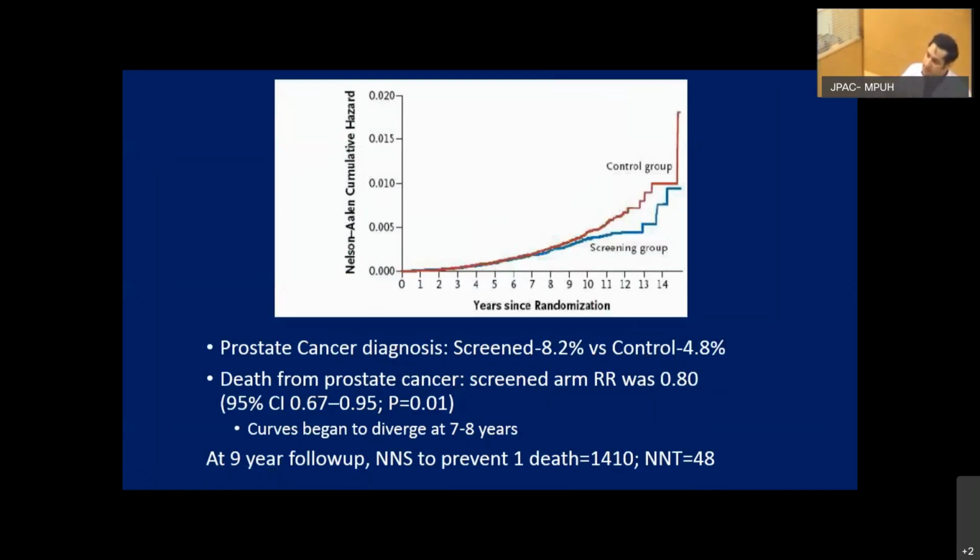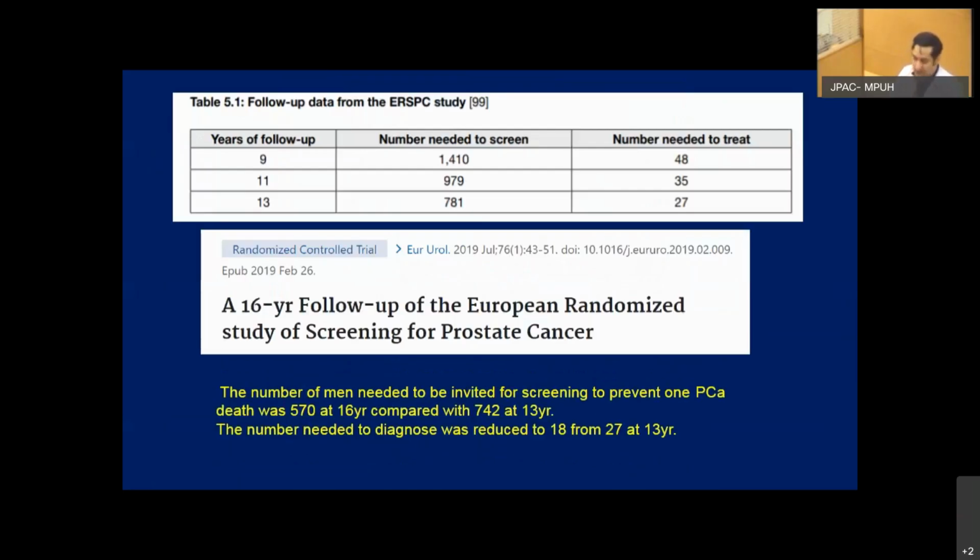Initially, the prostate cancers were diagnosed very late, in advanced cases and metastatic cases. There was 23% stage migration because of these screening trials going on. That is, more and more localized cancers started getting diagnosed. So this ERSPC trial is basically publishing their data every 2 years because they are following their